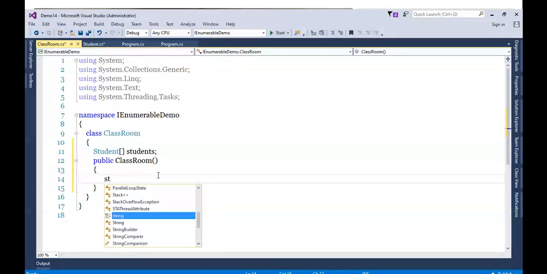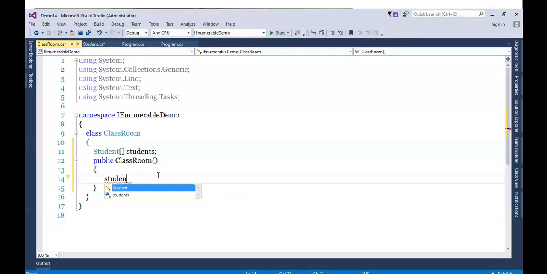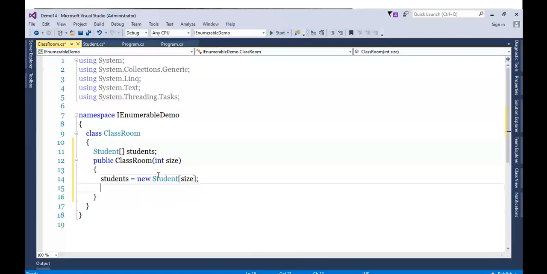I will just initialize an array here. And what this constructor will do, it will take the size of the array. So students equals new Student size. Fair enough. And to initialize this array, we will call a method called InitializeStudentArray, more appropriate.